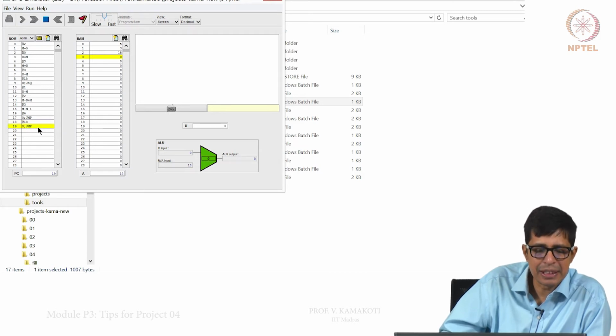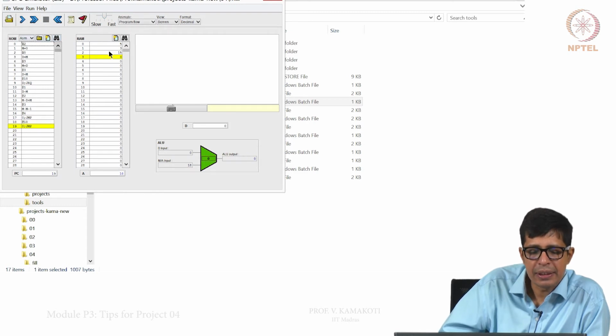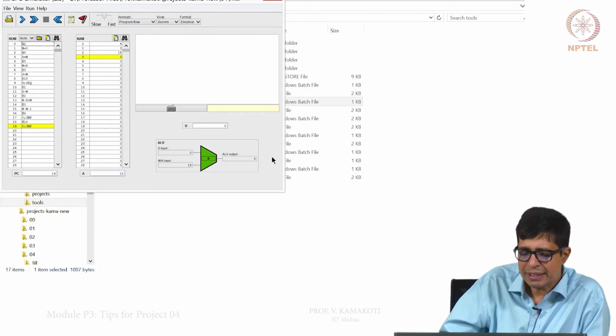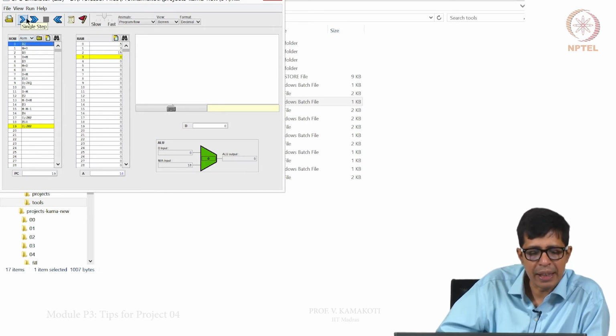But now, what we can also do is, this is a slow fast button, so the speed of your simulation, or actual animation, can be faster or slower. Now, let us stop here, let us again go back here and we will start doing it one by one. One of the interesting things that you should note here is this is the ALU, right. So, first let us start the program again, single step, add 2.